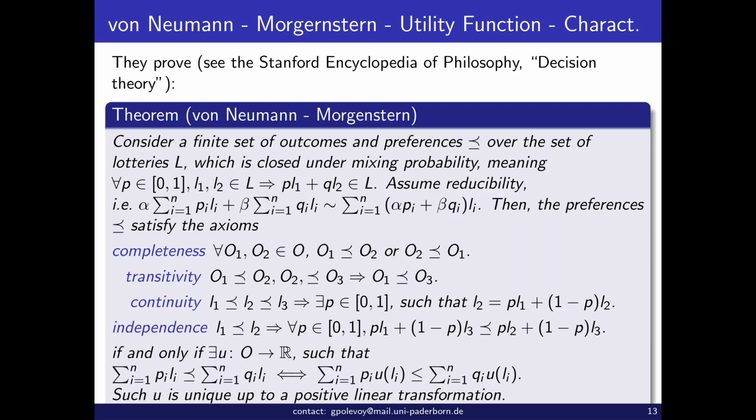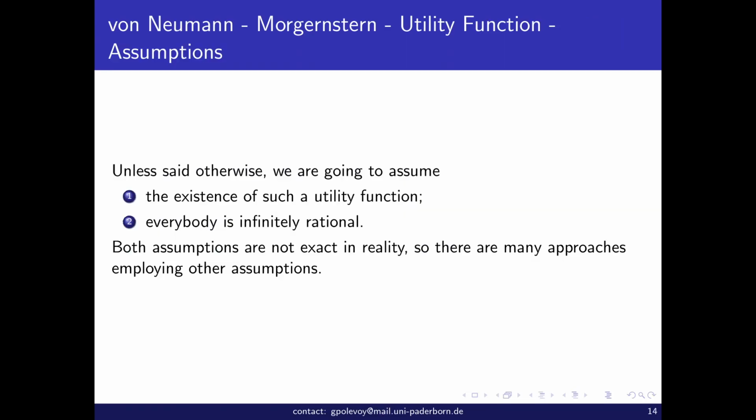But that's kind of the fundamentals of game theory, or even a more fundamental theory on which game theory is based. It's a nice thing to see. So we are going to assume it exists unless we say otherwise. And people are infinitely rational, so they always choose the best possible for them given their knowledge. In some models they may not know everything, they may be only aware of something, but given what they're aware of, they're going to be infinitely rational.